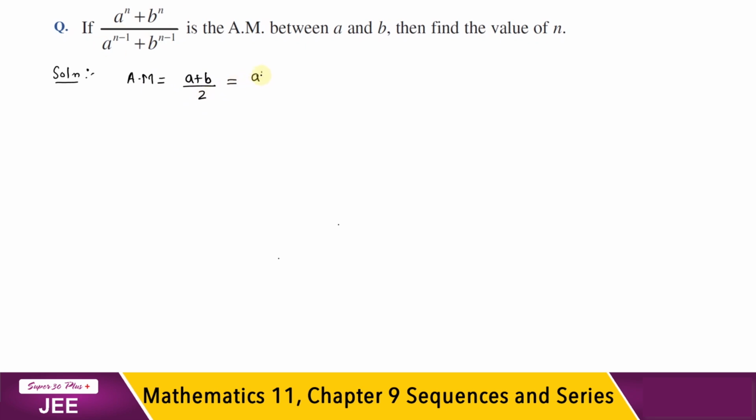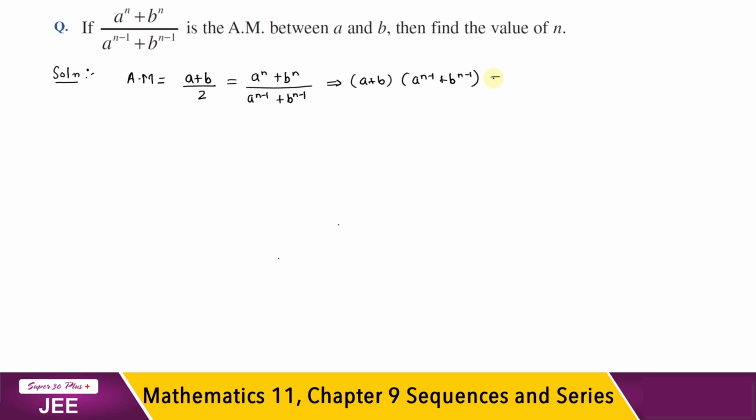So let us equate (a^n + b^n) / (a^(n-1) + b^(n-1)) with (a + b)/2. Now we have to simplify this equation, or we have to find the value of n. So let's cross multiply. We get (a + b) multiplied by (a^(n-1) + b^(n-1)),